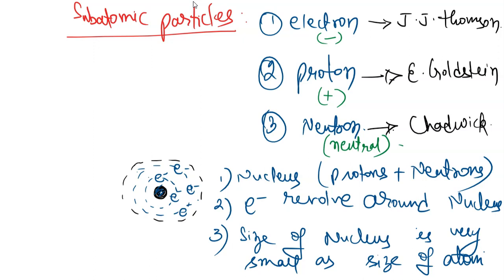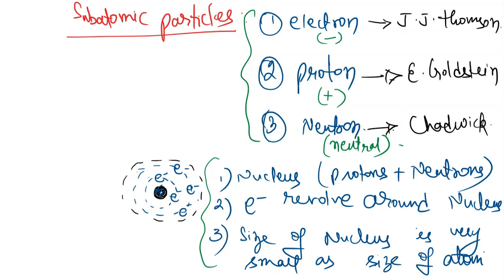Now, all these things we already know about the atom. We know the nature of these particles. We know who has discovered them. We know where these subatomic particles are present. And we already know in an atom what space, or what percent of space, is occupied by the nucleus. We are able to know all these things because there have been many postulations, hypotheses and experiments.